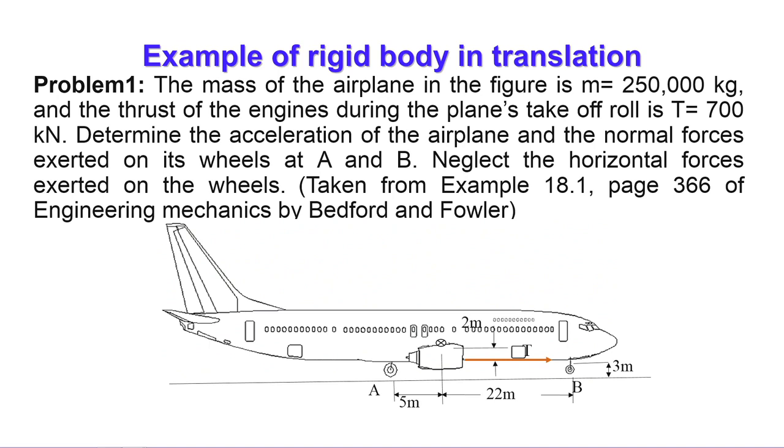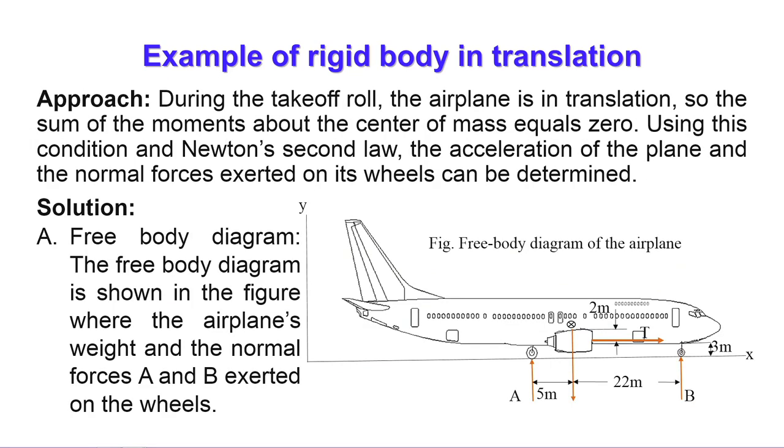have to find out what are the normal forces, that means at A and B what are the normal forces exerted by the ground on the plane. So, how to proceed? Our approach will be: during takeoff roll, the aeroplane is in translation. So, the sum of the moments about the center of mass will be equal to 0. Using this condition and Newton's law, the acceleration of the plane and normal forces exerted on the wheels can